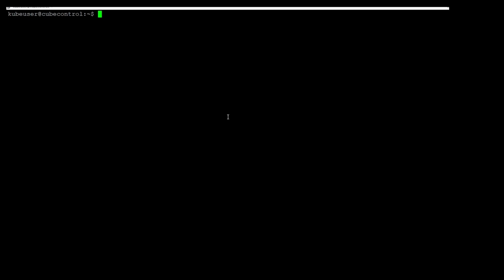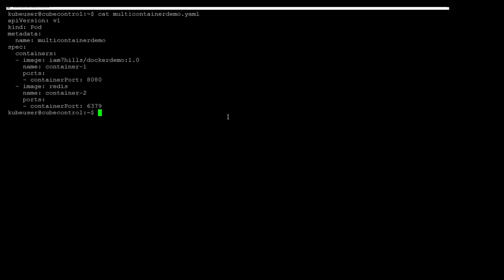I have the sample YAML file already in my local cluster. Let me open that one. So here you can see that I have two containers, container 1 and 2. Underneath, I am downloading one from my own repository, and another one I am downloading is Redis, which is also going to get downloaded from Docker Hub. I am going to run this one, kubectl create -f